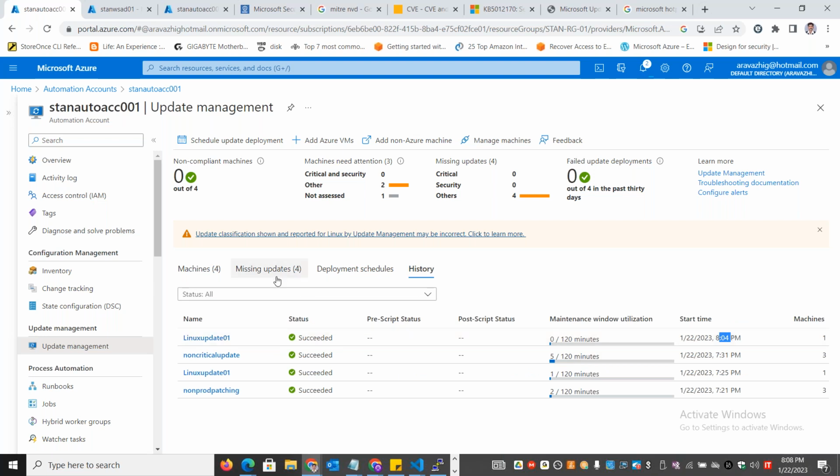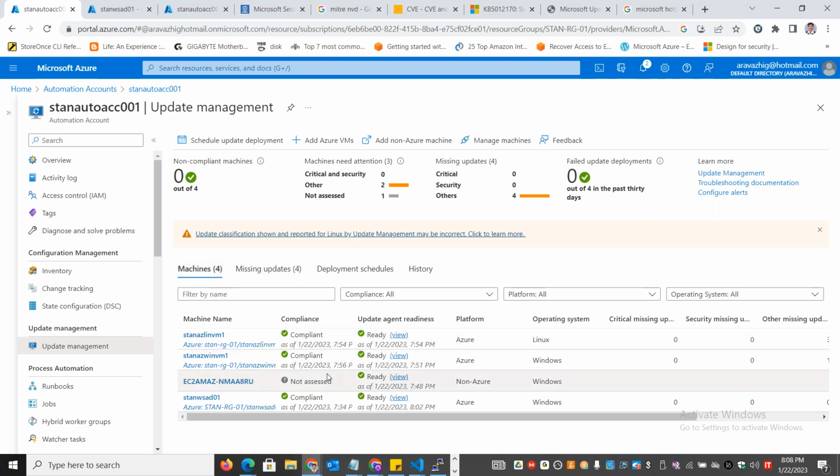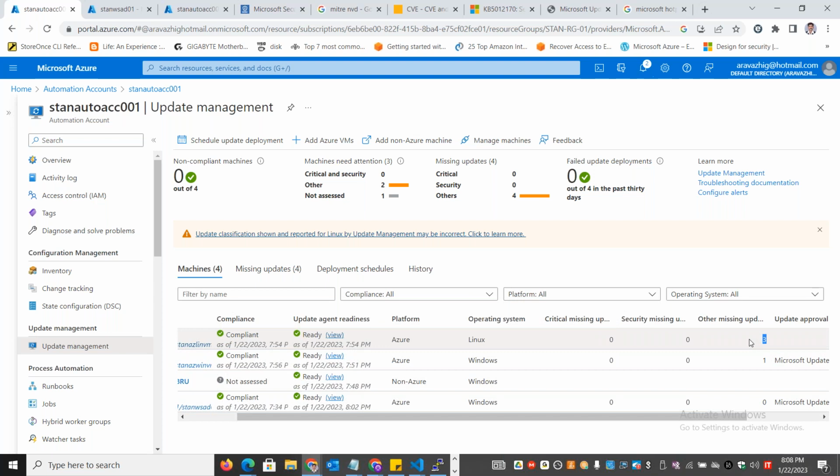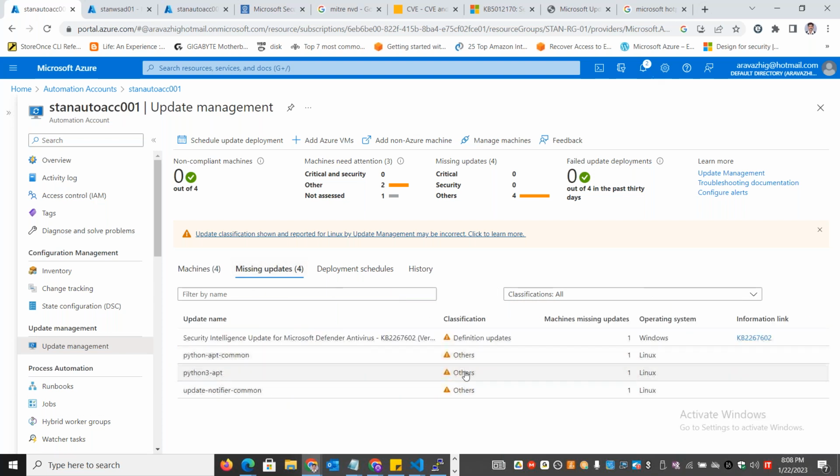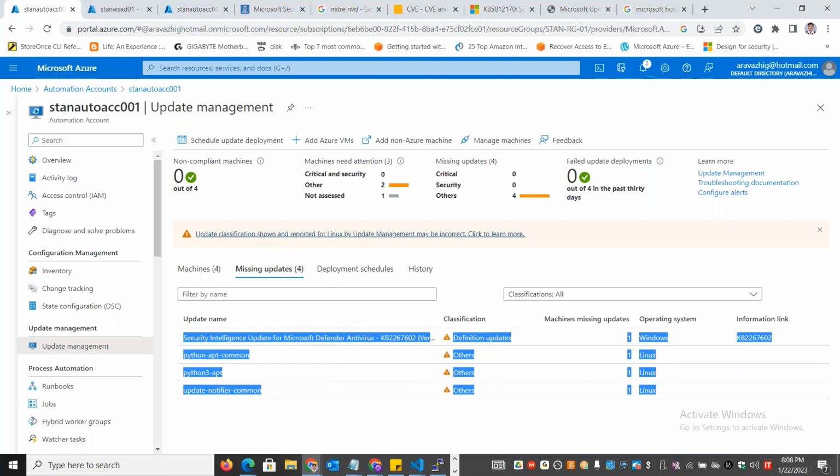After a few minutes, even those missing updates on the Linux machine will be fixed. So these missing 3 updates will also get rectified. So this will also be going away now. After a few minutes, you will be able to see that. Today is Sunday, right? So tomorrow we cannot see that. Anyways, I'll